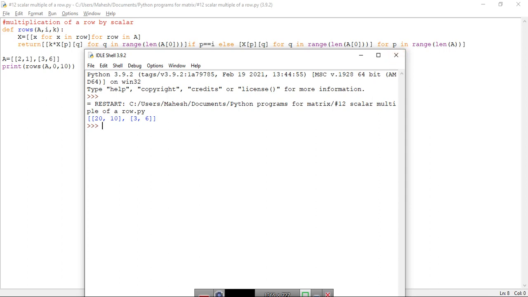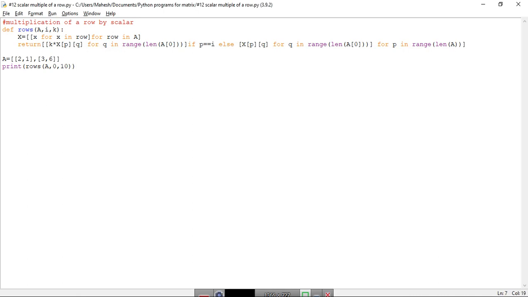Okay, let us take another example wherein we will take a matrix B. Let us take B to be a 3 by 3 matrix, and the elements let us take 1 2 3. Let us take another row to be 2 3 1, and let us take the third row to be 3 2 1.